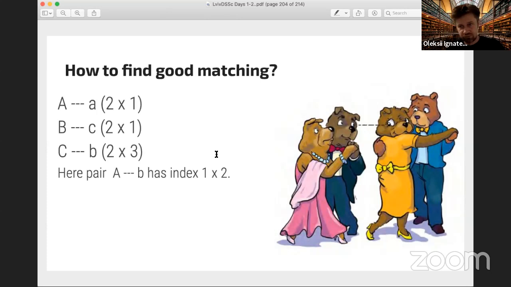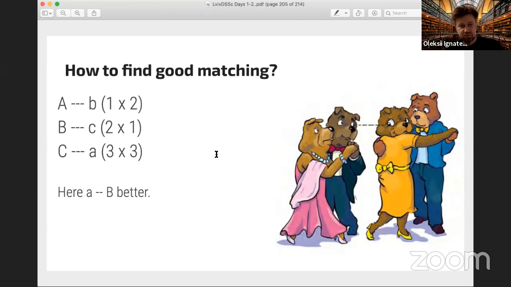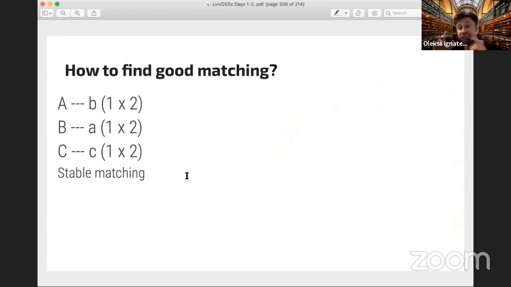also, we don't have a stable matching because the pair N and B has a better improvement index. And sorry, my laptop is out of power, so I need to switch to battery. Okay, so here it's also not a stable matching, and finally only the fourth step is a good